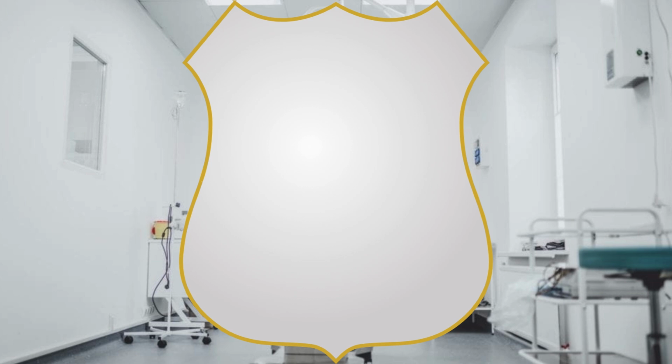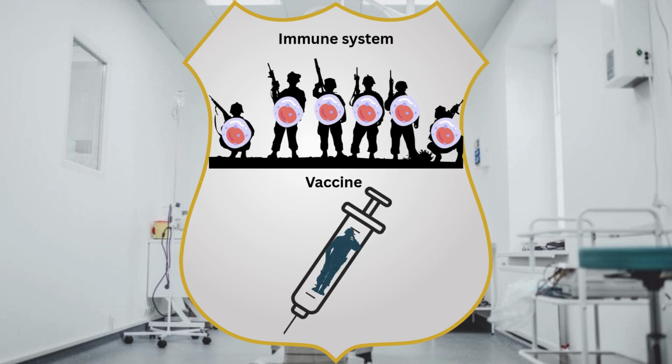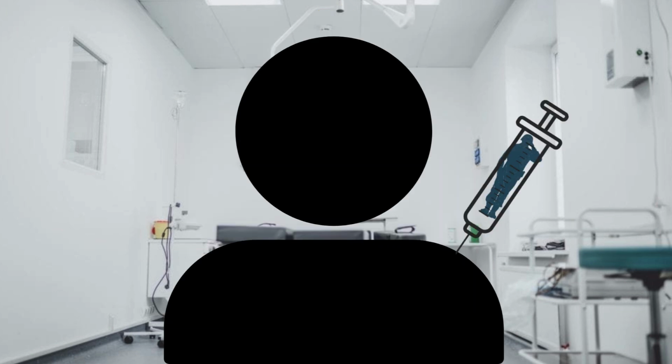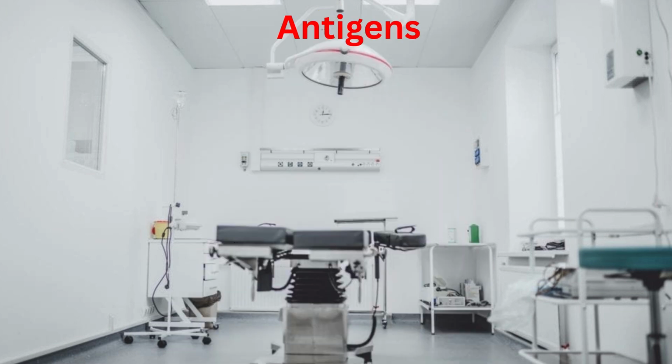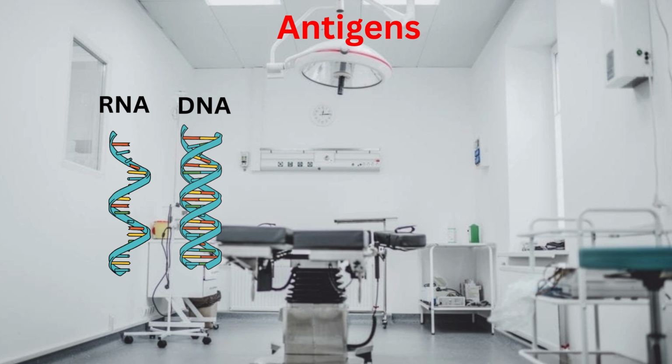Your immune system is like an army, and a vaccine is like a commander that trains the army to fight against infections. To train this army, the commander sends antigens for the army to practice fighting against. These antigens can either be parts of the pathogen, such as its genetic material, or a pathogen that has already